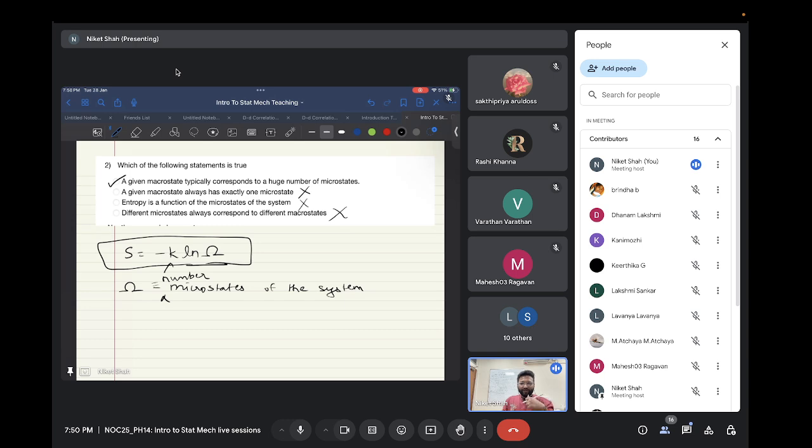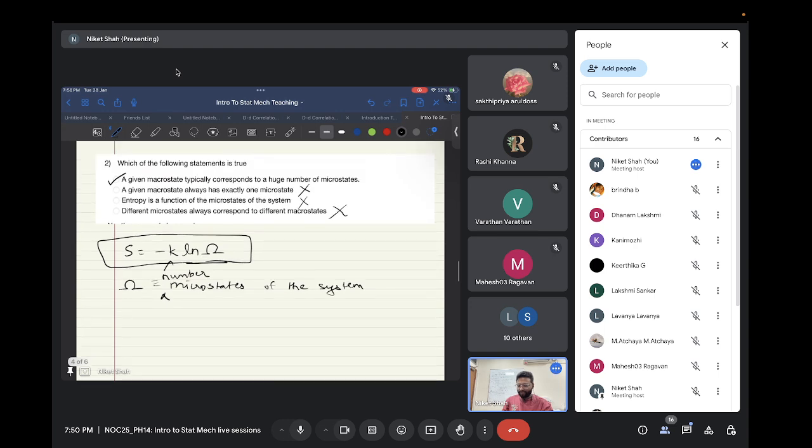When I'm saying it's a function of microstates, that means that if I change the microstate, entropy should change. But that's not the case. What we are seeing is that, depending on one given macrostate, we just calculate the number of possible microstates inside that macrostate and talk about entropy. So it is actually a function of the macrostate only. You are right, Rashi. It is my mistake in understanding the context. So yes, entropy is not a function of the microstates. It is a function of the number of microstates, and the number of microstates is a function of the macrostate.